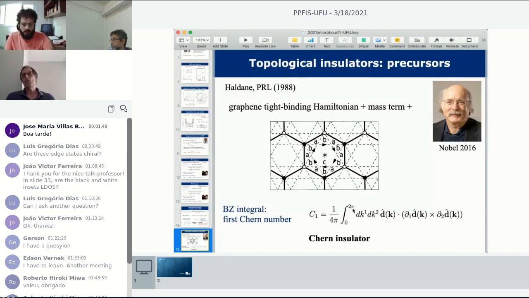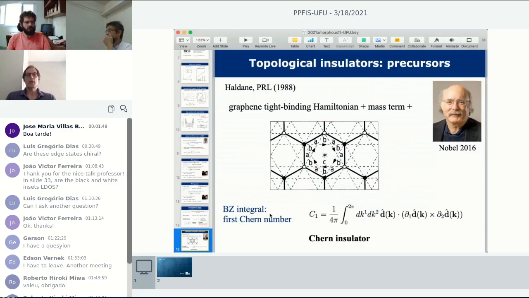And he talked about his stuff, and basically he put forward a model where you could have this quantum Hall effect without a magnetic field. It would just require some funny hoppings, for instance, in a honeycomb lattice, and a funny Hamiltonian. Then you open a gap and you have the same features as people have observed in the quantum Hall effect, which modern people know as Chern insulators.